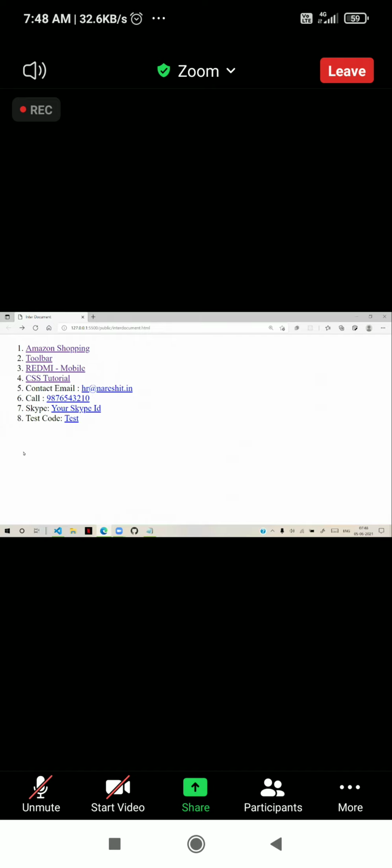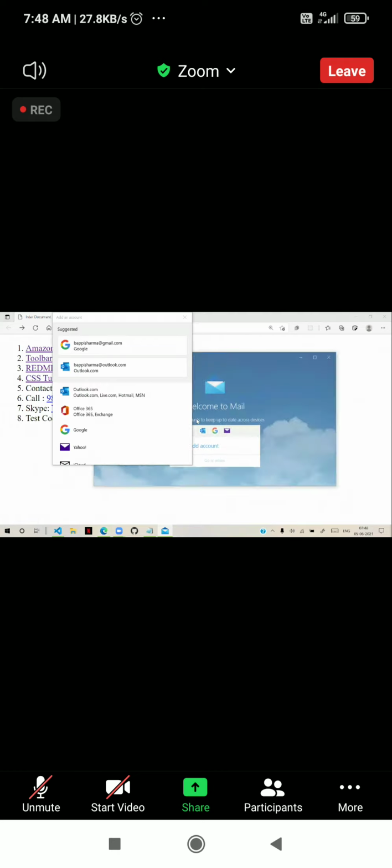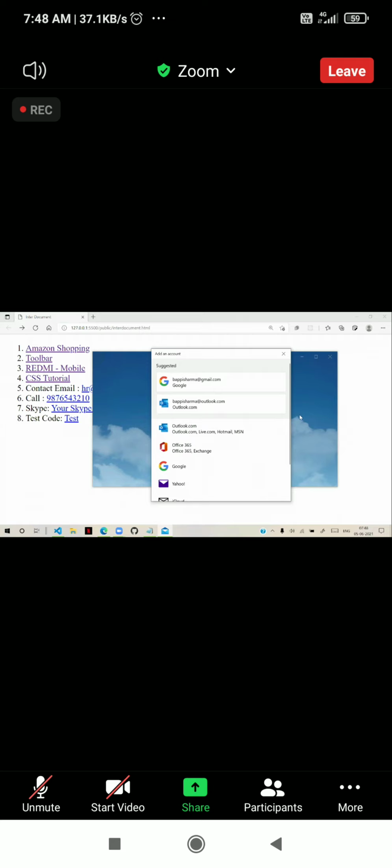Now observe here, contact email. When I click on this link, it will automatically open a mail software on my computer. You can see this is the mail software. Actually, in my computer I have so many email softwares installed.